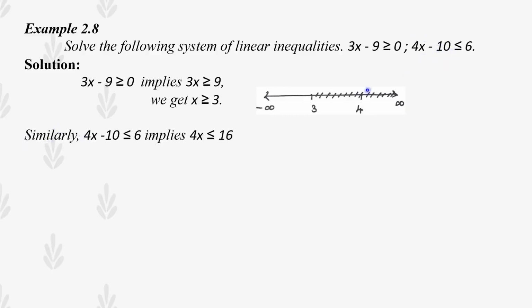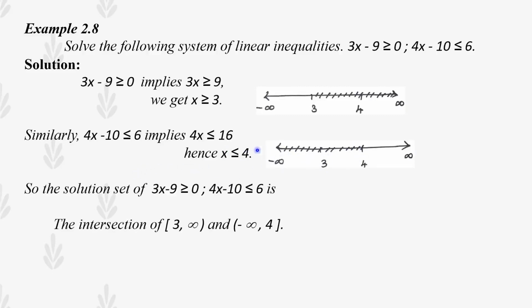4x minus 10 less than or equal to 6, which implies 4x is less than or equal to 6 plus 10, which is 16. Then x is less than or equal to 16 by 4, so after cancelling we get x less than or equal to 4. For that you have to draw the number line on the less than side of 4. Here we have the solutions 3 and 4,